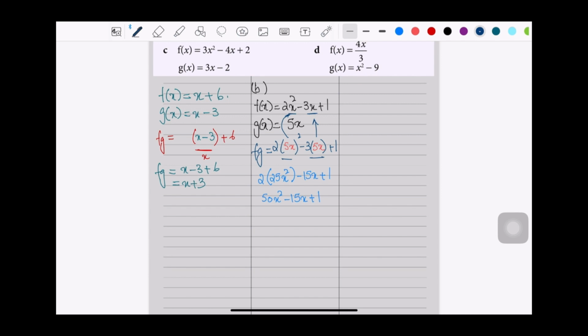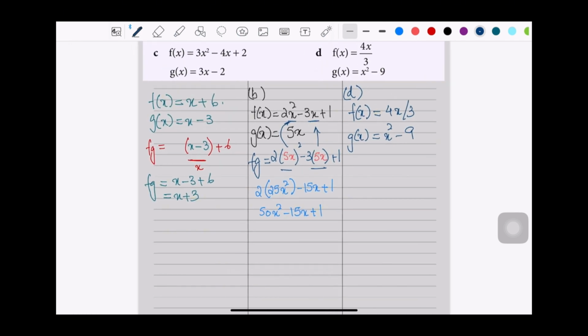Let's see question number D. So f of x is equal to 4x over 3 and g of x is equal to x squared minus 9. So here, if I say f of g, this means 4, instead of x, I let it be an open bracket, over 3. And in that x, I write x squared minus 9. Plugging in the value of g